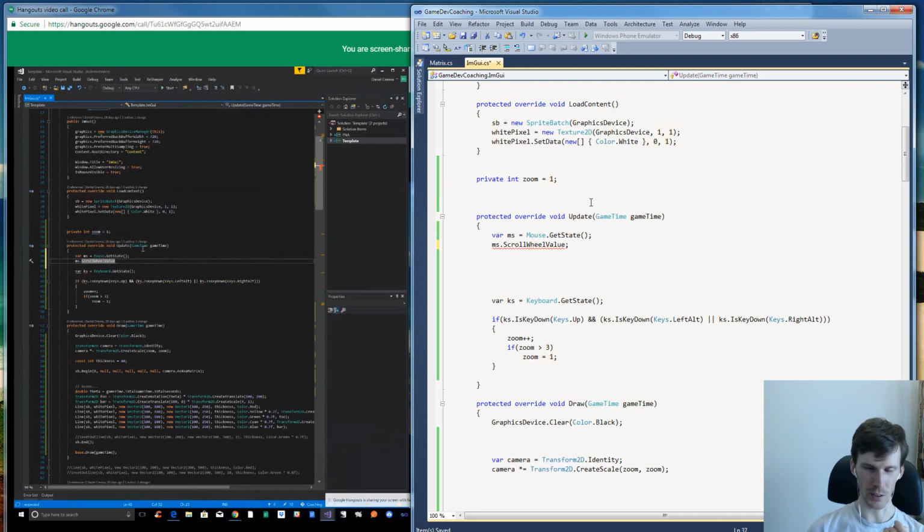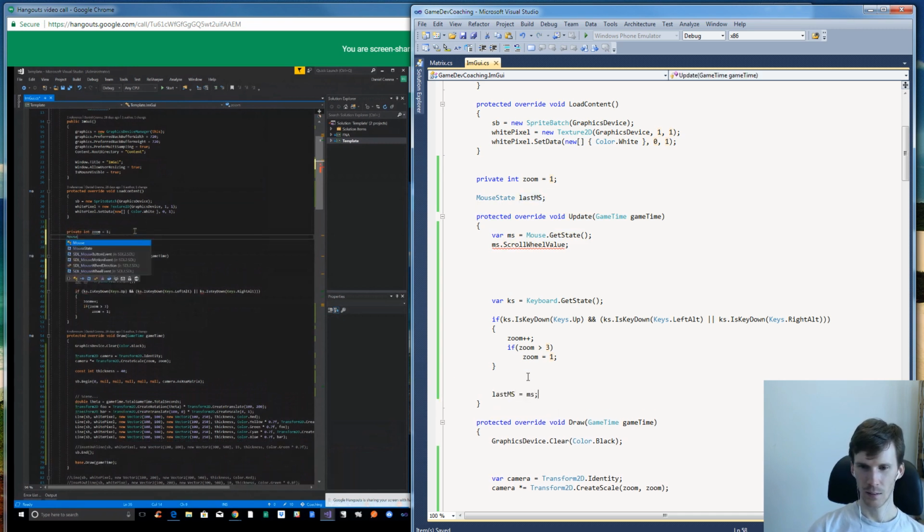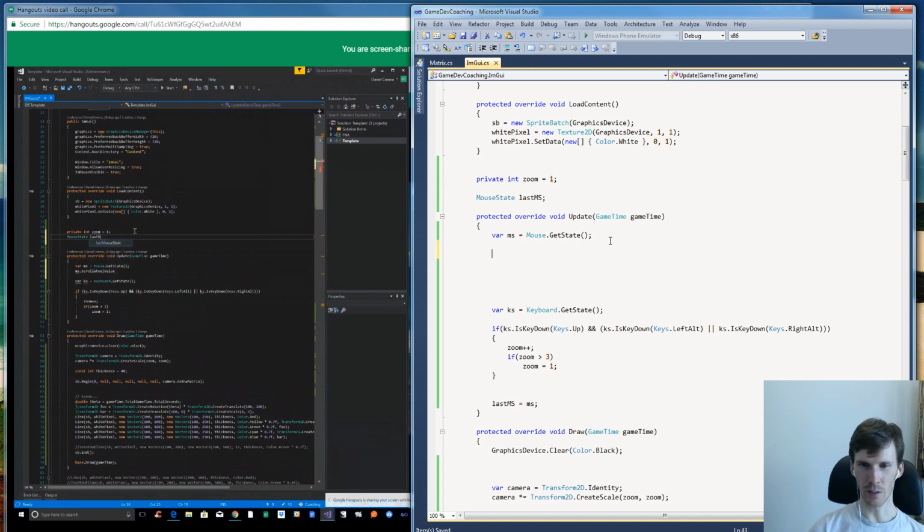So what we want to actually do is, well, first of all, we almost always want state last. Yeah, that's going to give us our lengths. Same with keyboard, right? And then what we can do is we can say